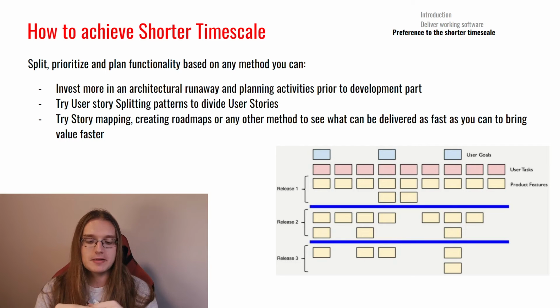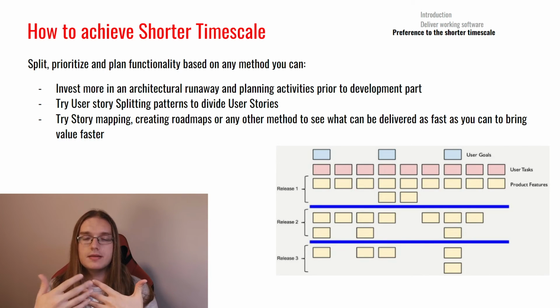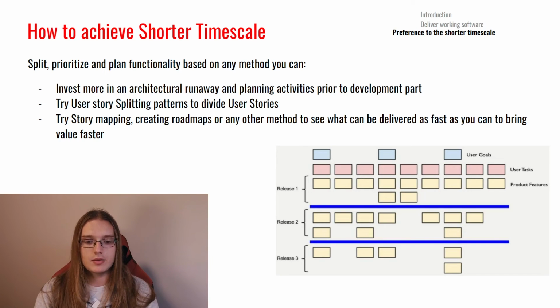This is the beginning that eventually will lead your team into having these smaller time scales, and you need to advertise the idea that they need to plan, that they need to understand what needs to be done, because not only the shorter time scale will be achieved, but also fewer problems will be on the production, less emotional damage